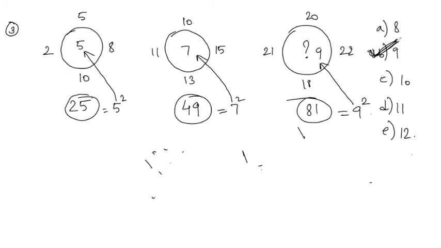Okay, so now we'll do one square question. Did everyone understand how to do the circle questions? What is the first step in circles? Addition. Addition of which numbers? Outside numbers. Yes, whatever numbers are outside the circle, we have to add them, and then find the relation between the inside number and the sum of the outside numbers.